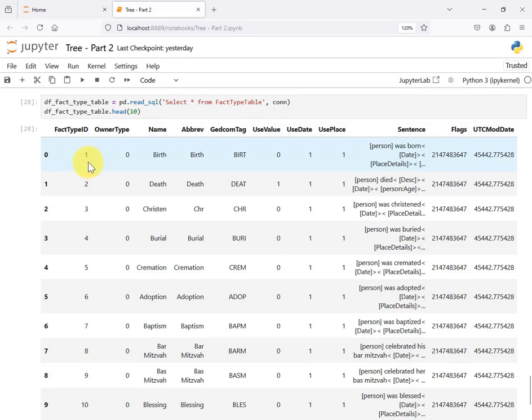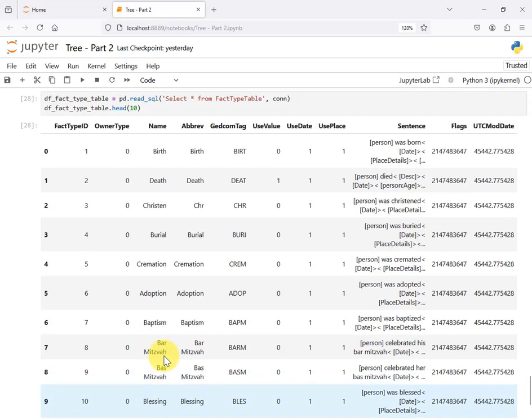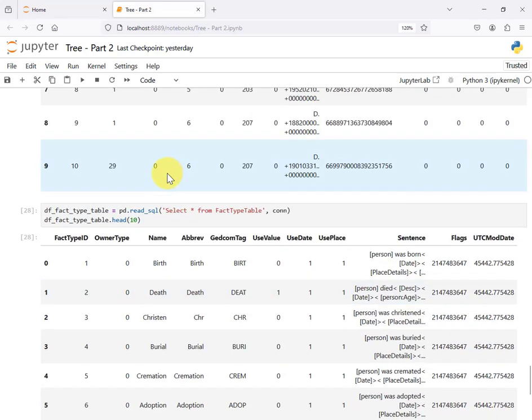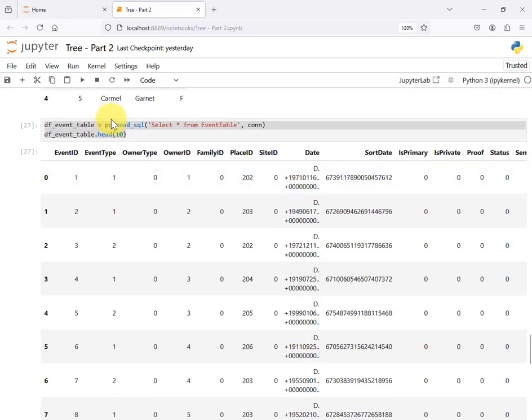Fact type ID number 1, and look, there it has the ID here in the name of the column. Number 1 is birth, number 2 is death. We've got a christening, burial, cremation, adoption, baptism, bar mitzvah and bas mitzvah, blessing, and then a whole heap more. We will look at the others, but for now we're going to hone in on birth details. So now we know that where we see an event type in the event table of 1, that is a